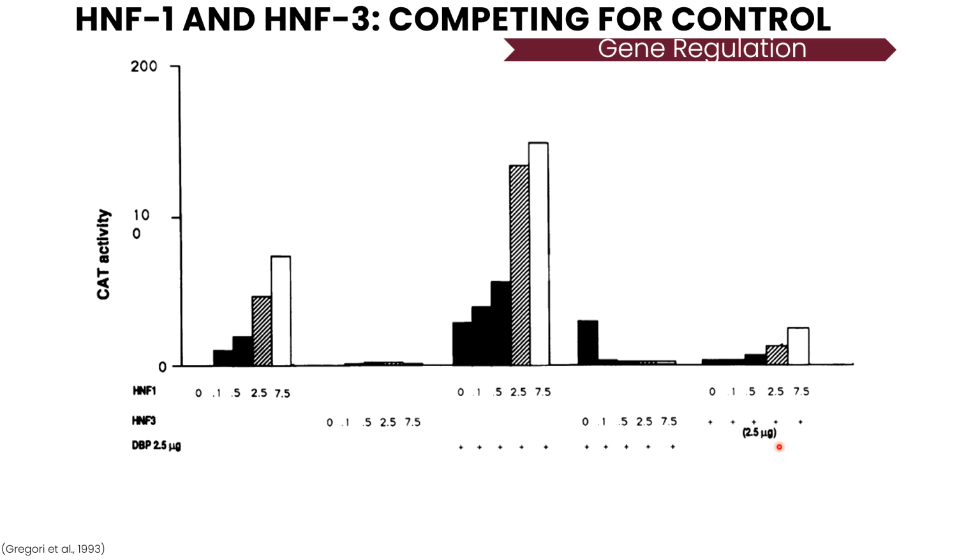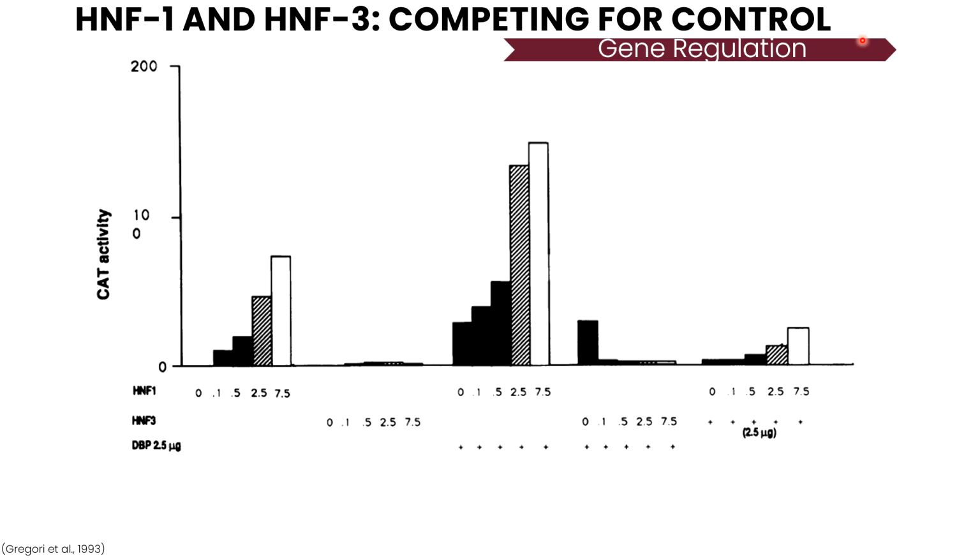Here, HNF3 and HNF1 are being examined together. Remember, these two factors can interact with overlapping sites on the aldolase B promoter. These results support a competitive relationship. HNF3 can counteract HNF1-mediated activation, while increasing HNF1 progressively overcomes that inhibitory effect. Greger and his colleagues interpreted these findings as evidence that HNF1 and HNF3 compete for their overlapping binding sites on